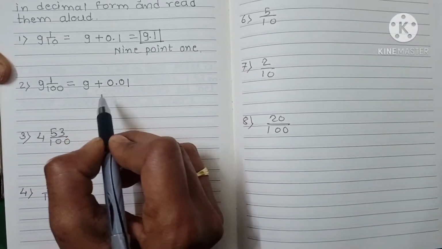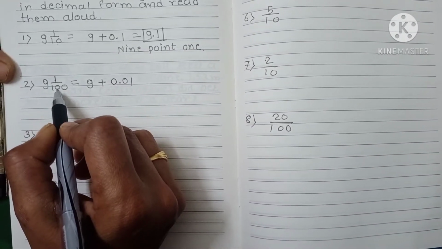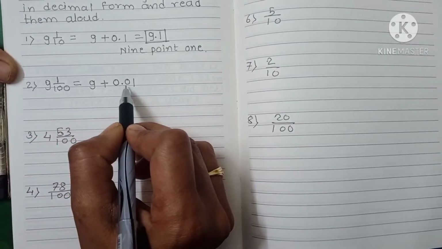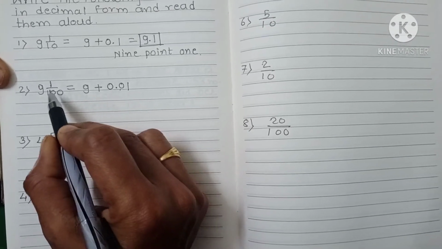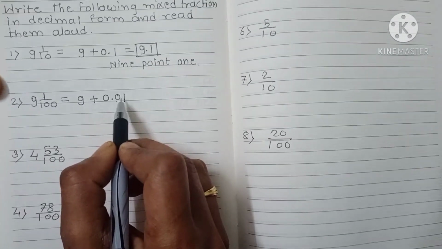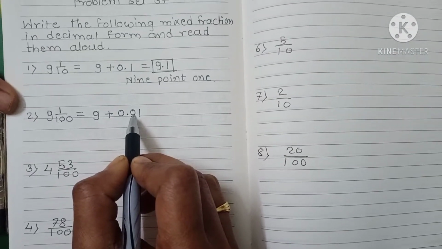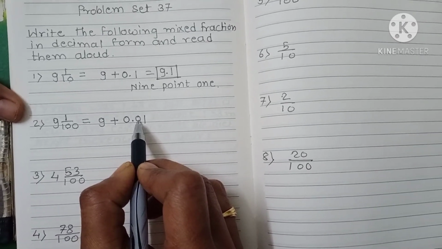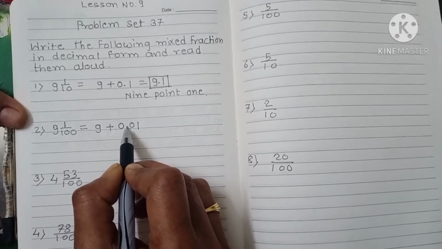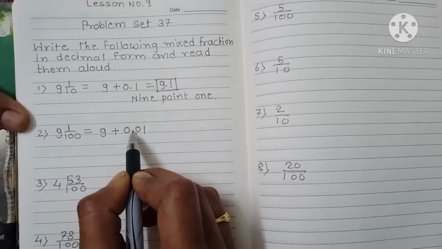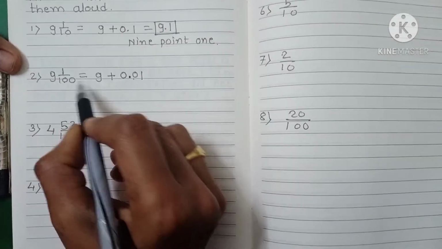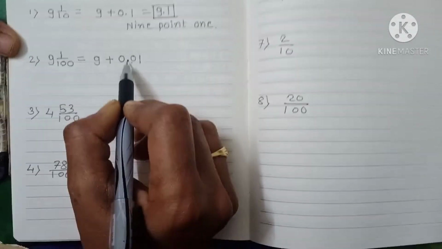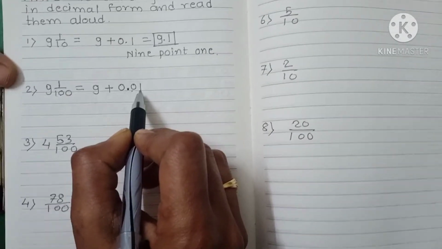Okay, I repeat, 1 upon 100 in the decimal fraction we have to write like this. 1, there is already one digit there, so 1 is there. Then the second digit is not there, so we have put 0 here. Then we have given the decimal point. Okay, so the answer for 1 upon 100, its answer in decimal fraction is 0.01.